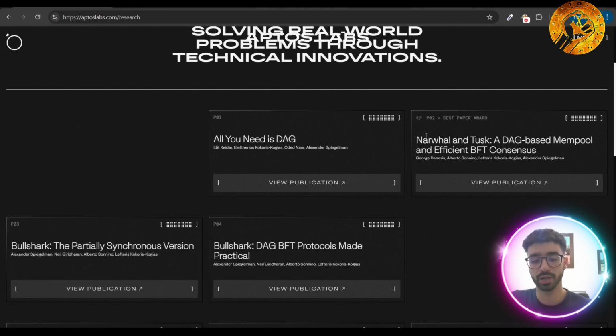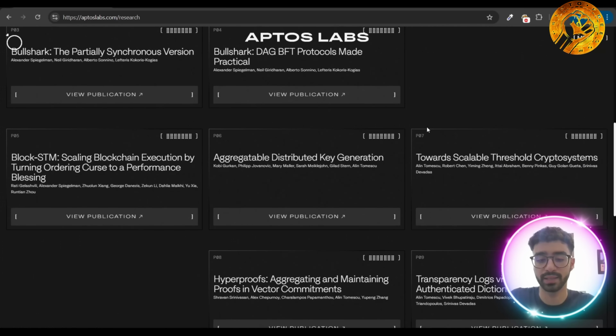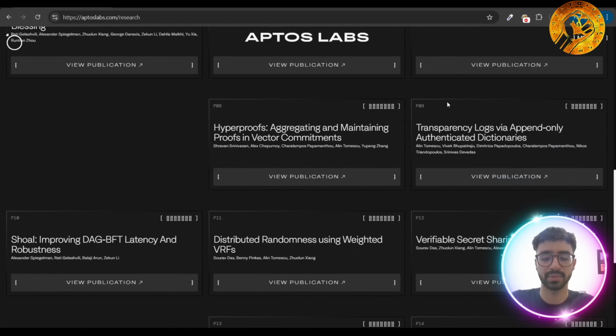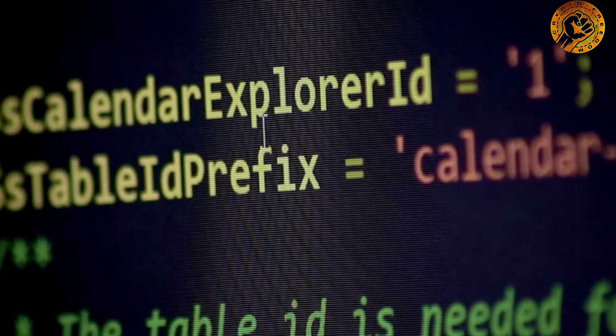So another cool part is that they have a modular design. Aptos 2.0 lets developers upgrade and adjust parts of the blockchain as needed without disturbing the entire ecosystem, and that means it can keep evolving smoothly, adapting as new use cases emerge. And in the Aptos 2.0 project,